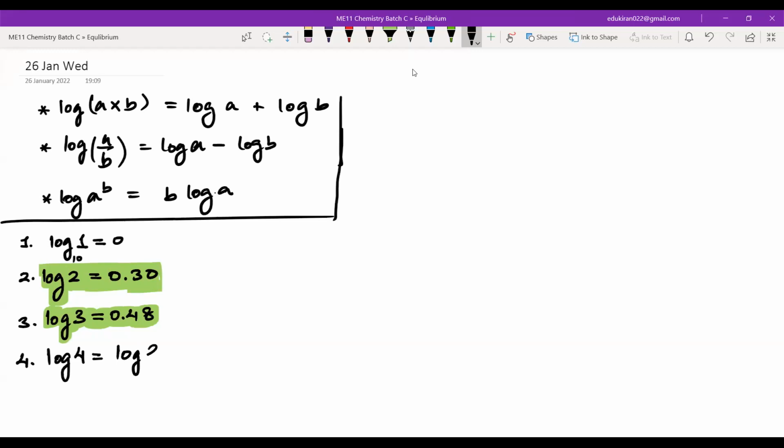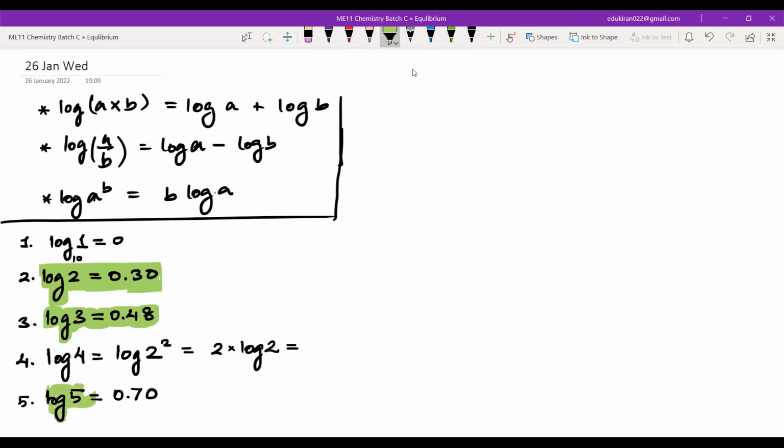So this will be equal to log 2 into 2. We can write this as log 2 square, and by the exponent rule, this will be equal to 2 times log of 2. Right? Yes or no, tell me? Yes, sir. Okay, so you will write the value here. What will be log 4? And you have to remember log 5 because it is prime. Log 5 will be equal to how much? 0.70. This is something that you have to remember.